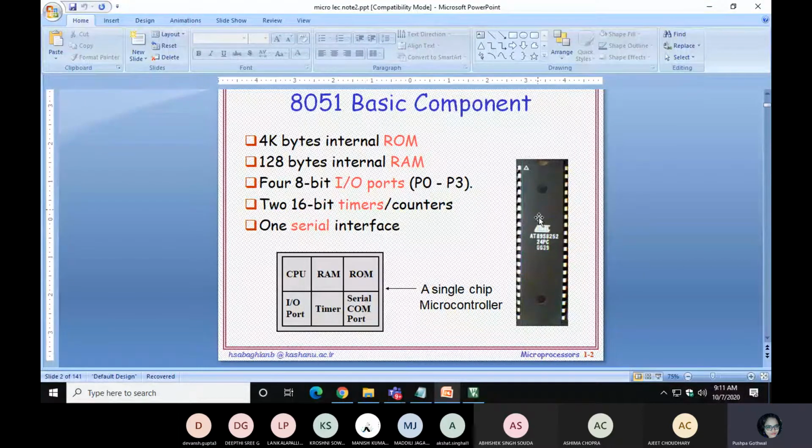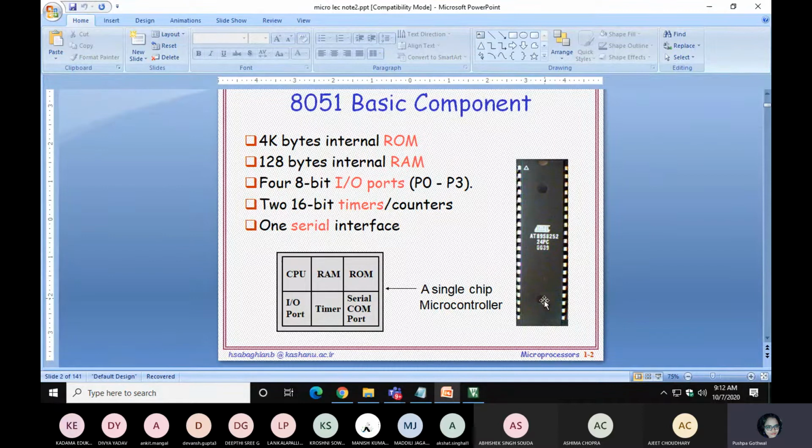So inside this controller IC you have all the features. But if I compare with the processor, the processor contains only this. Your 8085 processor IC looks like this, but inside the processor IC you only have the ALU, control unit and register array. You don't have memory or IO. So in your computer you have a processor with a separate memory, and you have connected a timer externally. But in the controller all these things are internal.